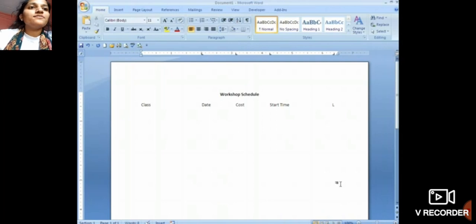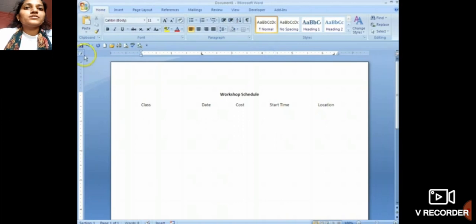Here we can see at the last tab that the alphabets are coming back. That means we have set the tabs only till that location. Below class we can type whatever we want. Here students, you are supposed to type the headings, rom and ram. Rom and ram you are going to type.